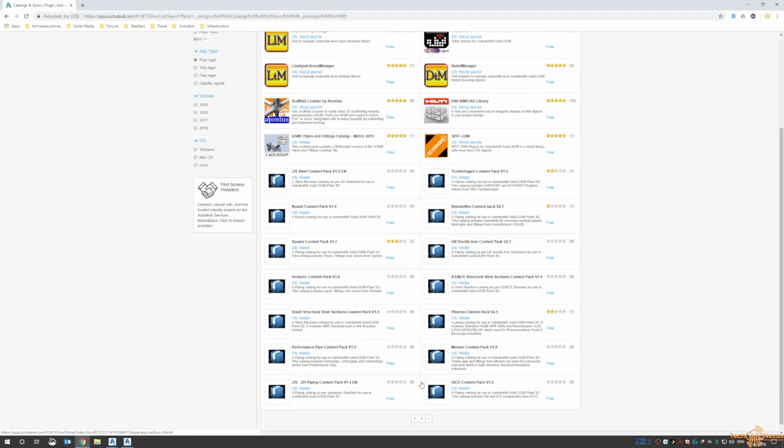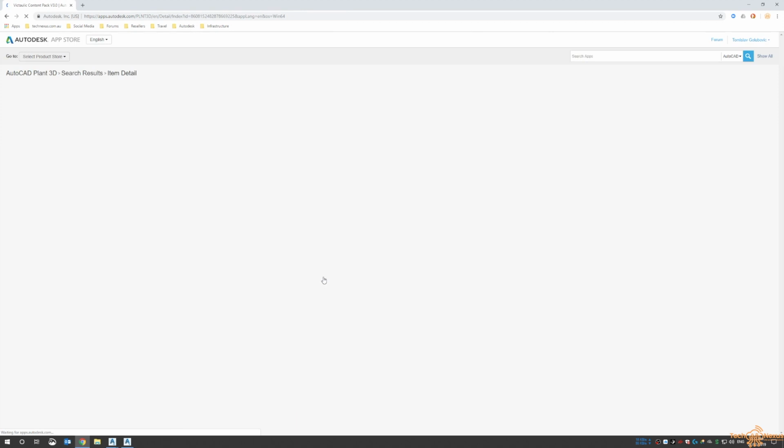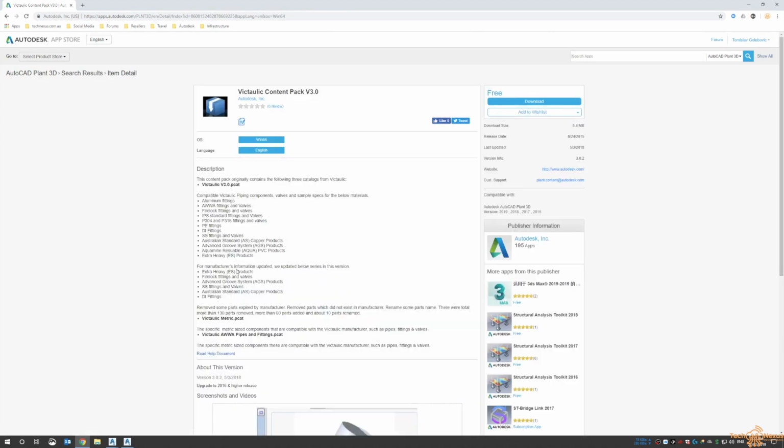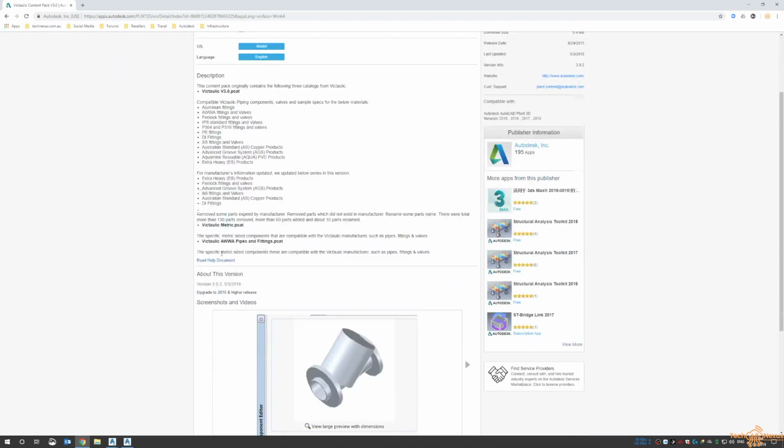catalog there. So when you do download the catalog for a different standard, so not the out-of-the-box ones, you can then start creating your own specifications from a particular catalog. So if we look at the Victaulic catalog here, we can see all the different kinds of components that it takes, and then we just click on download, and you might need to install it, but it will appear in